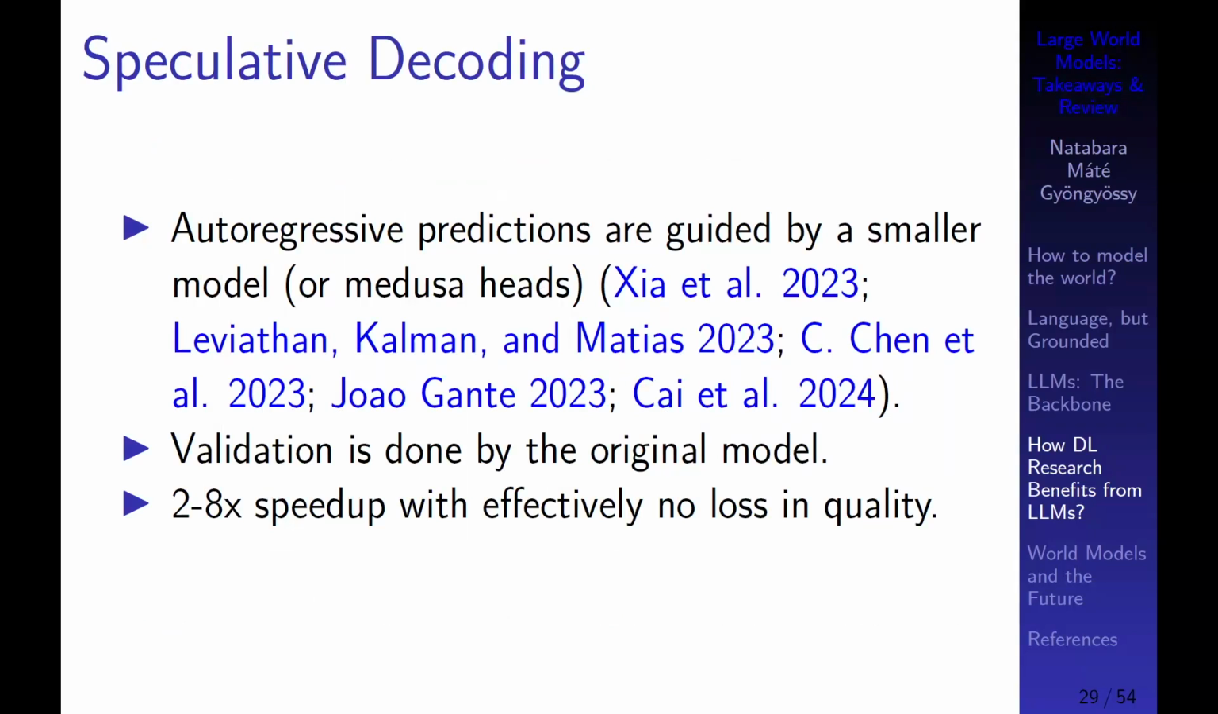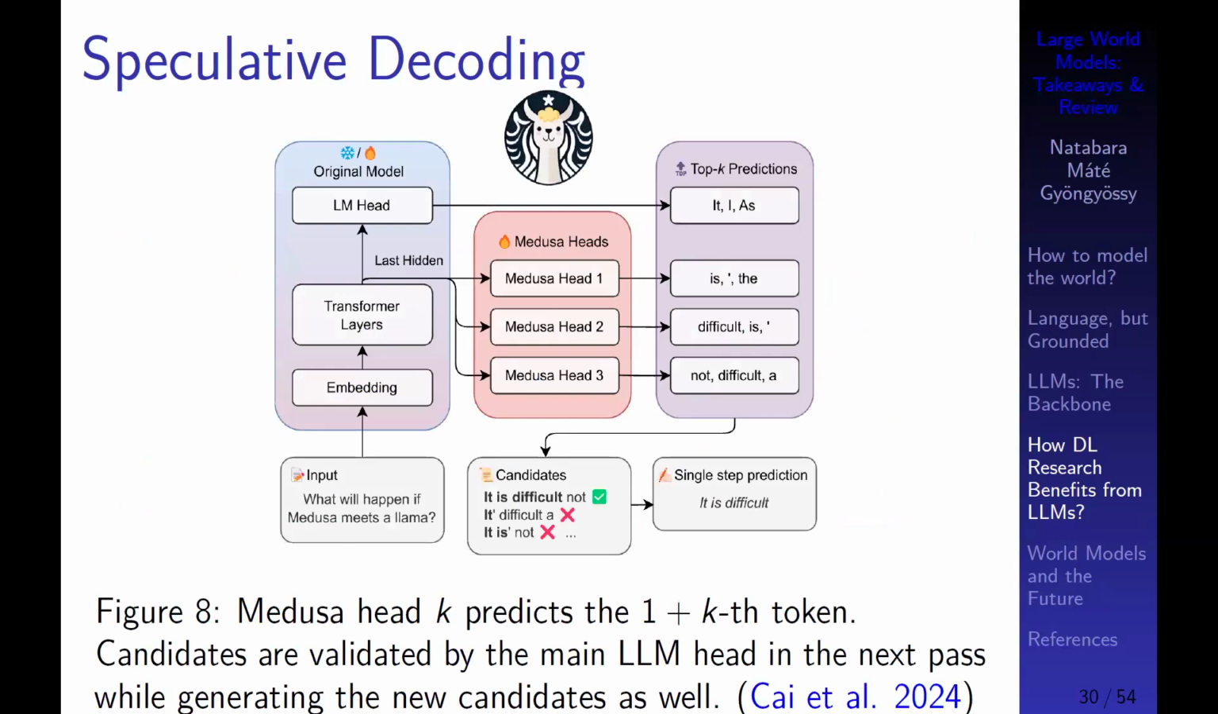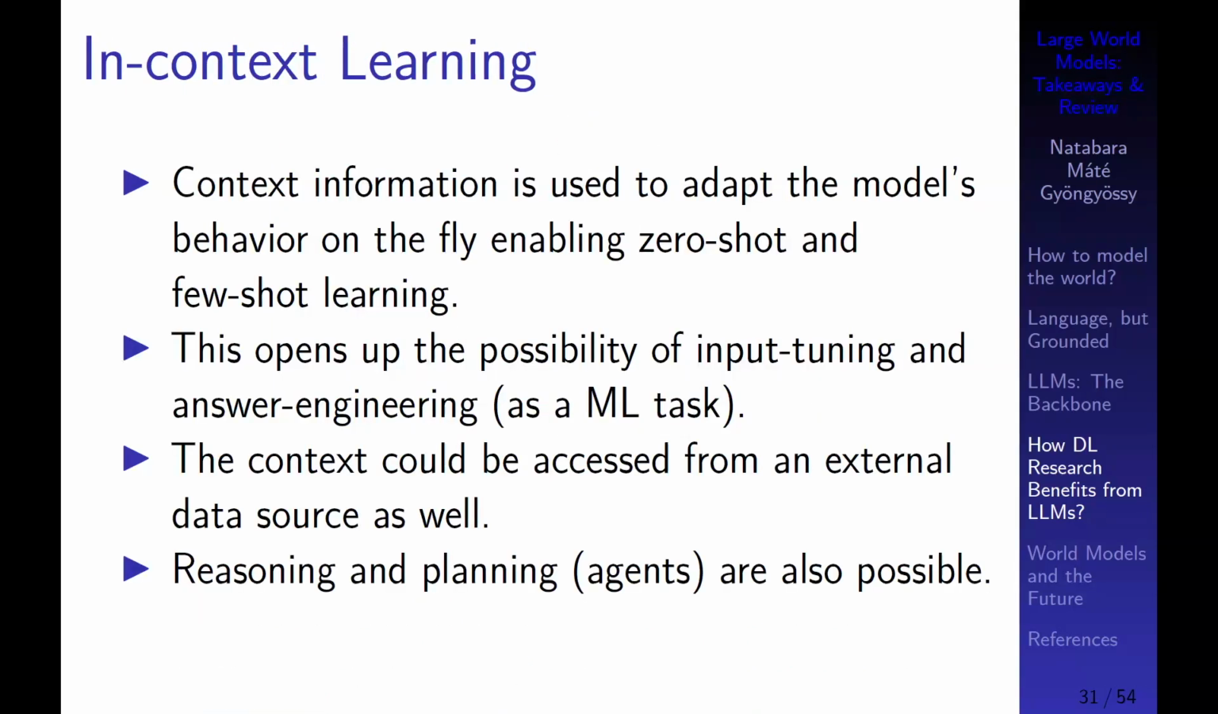So that's the underlying architecture. We also have speculative decoding, where there is a smaller model which predicts a longer sequence, and then the large model just validates it in one step. It can be achieved by Medusa heads as well, and it creates a 2 to 3 times speedup without losing any performance. And then comes prompt engineering, the in-context learning principle, where you can just have few-shot examples,